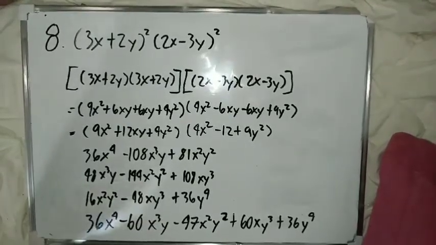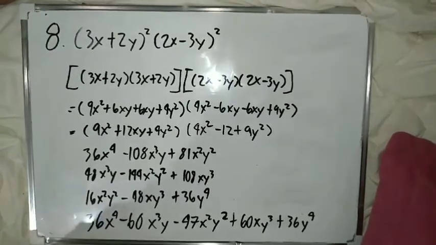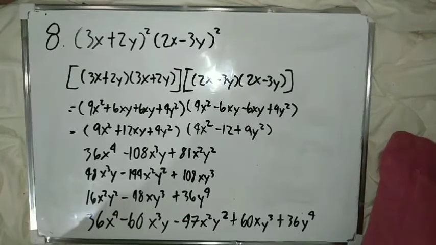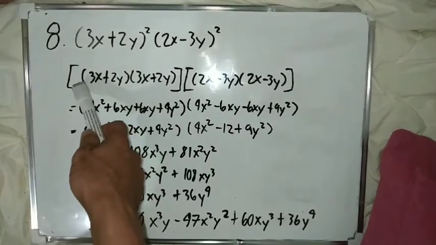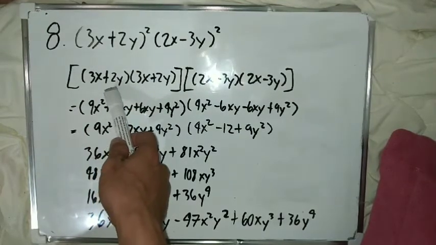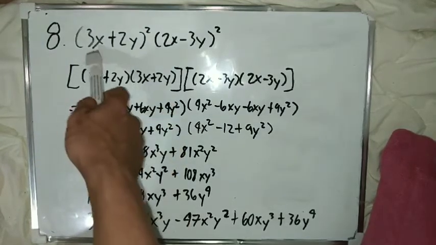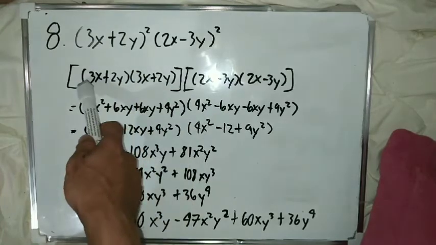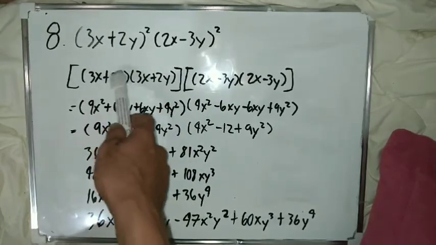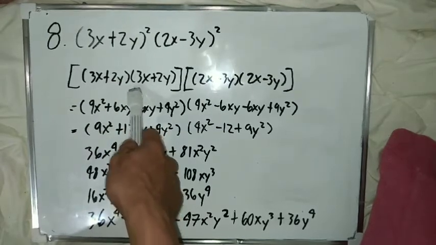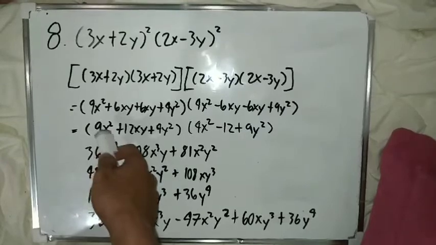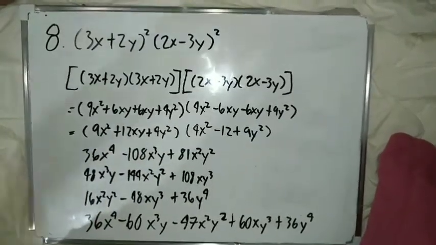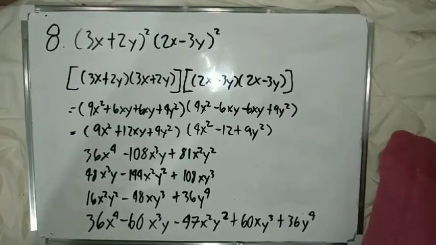So here's problem number 8. The quantity of 3x plus 2y cubed squared times the quantity of 2x minus 3y cubed. So first, put brackets and simplify the 3x plus 2y. Put the quantity of 3x plus 2y, multiply it to itself, and on the other side also multiplied to itself. So the answer is the quantity of 9x squared plus 6xy plus 6xy plus 4y squared